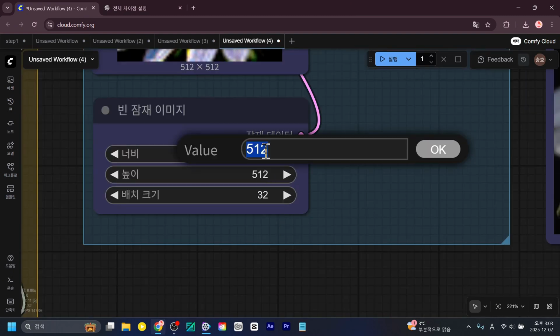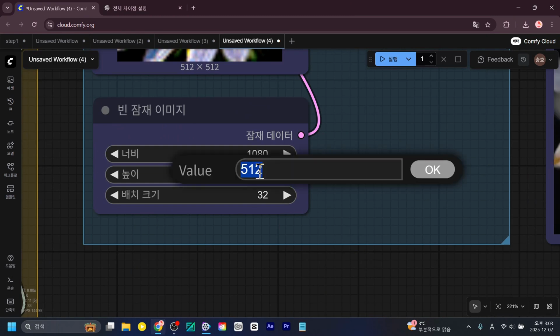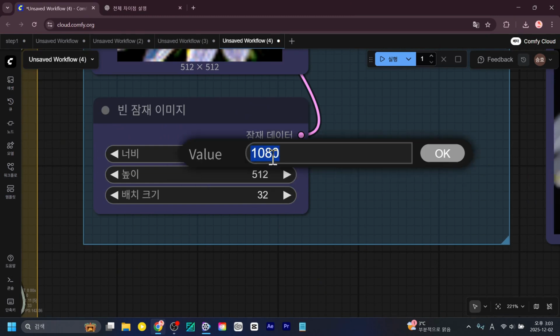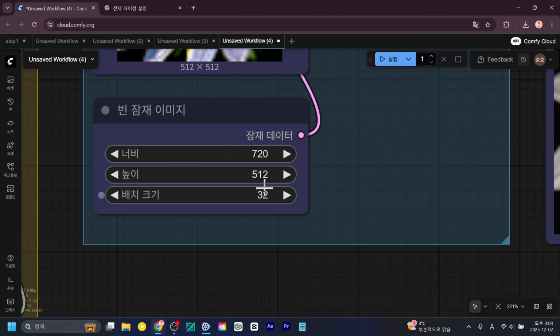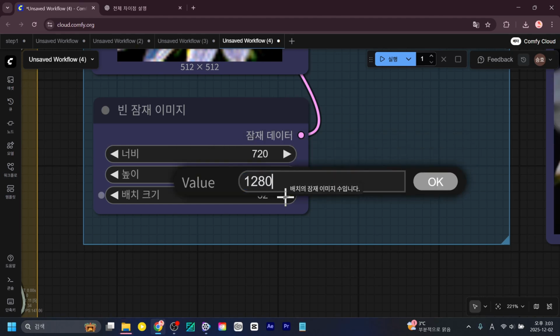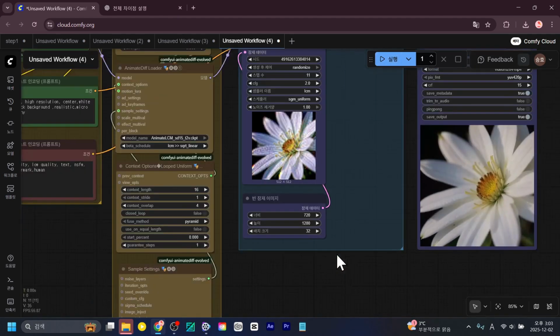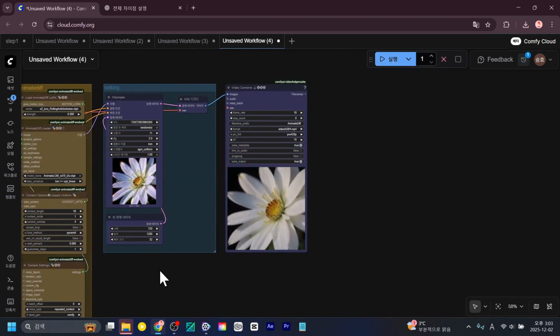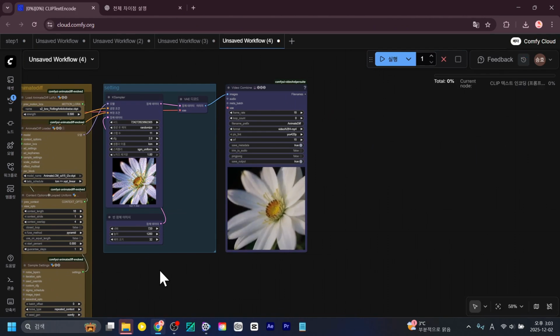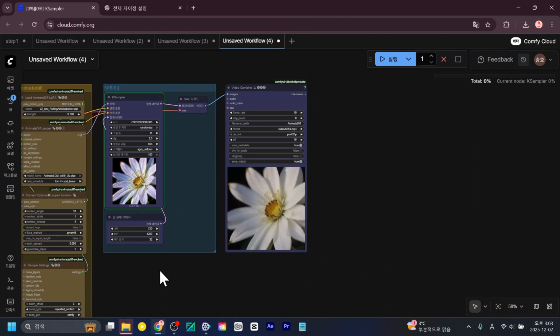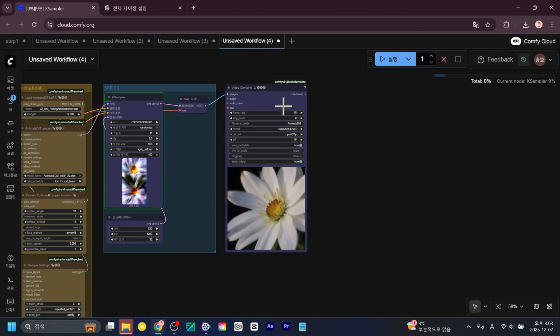Because, for example, let's try setting this to 1080 by 1080. Actually, let's try 720 by 1280. 720 by 1280 is a 9 to 16 ratio, right? That's the shorts ratio used for YouTube and Instagram. Let's give it a try. I think only 2 skewers will show up since it's so big. Right, you see 2 of them, one above and one below.